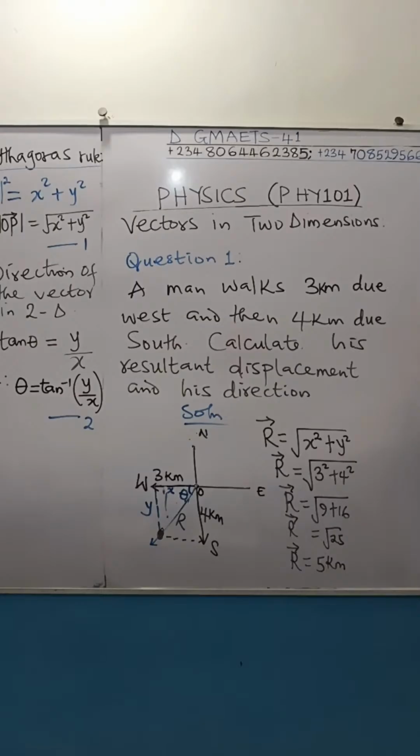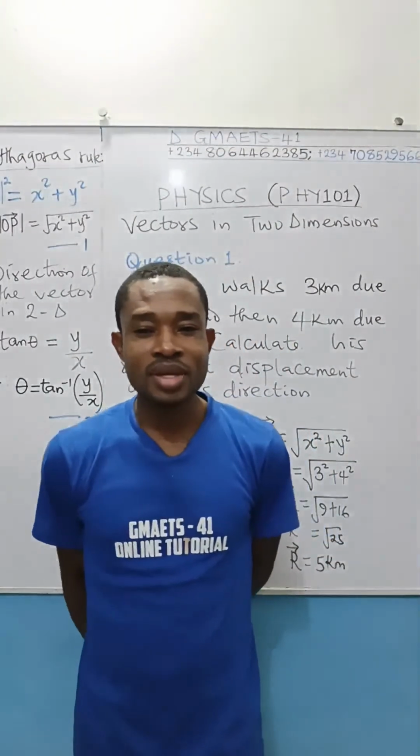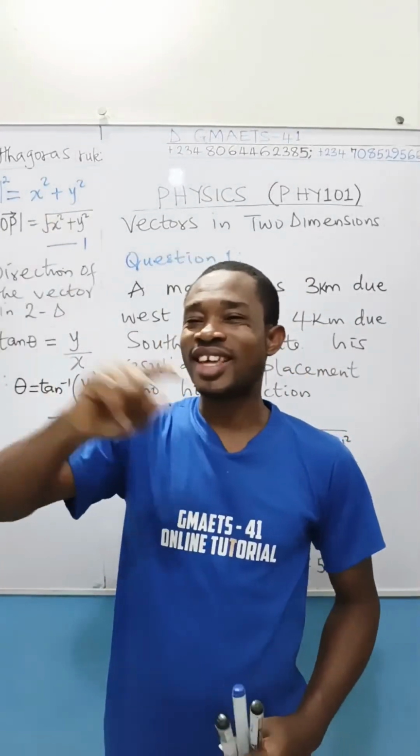Andres, you've obtained 5 kilometers. That's correct. And you say the direction is southwest. Good. But you see, sometimes your examiner will not expect you to give the direction using these cardinal points,